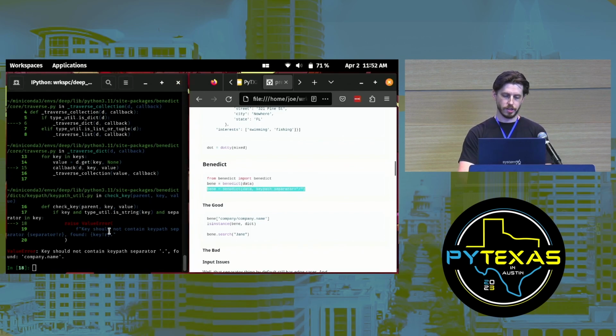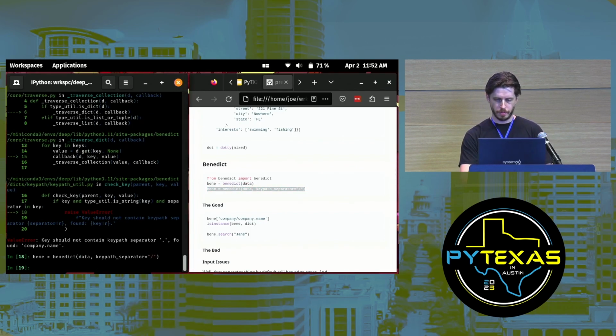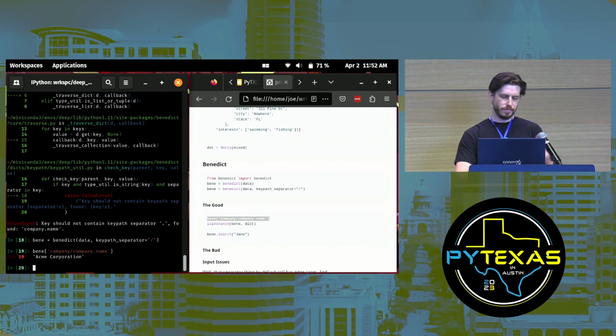So we pass it a separator again. Okay, great. And now we can still access something in it in this path-like way, but they're using a slash separator now instead of a dot. Okay, good enough. Let's do a little test though. Let's find something else interesting about these. We can try to find out